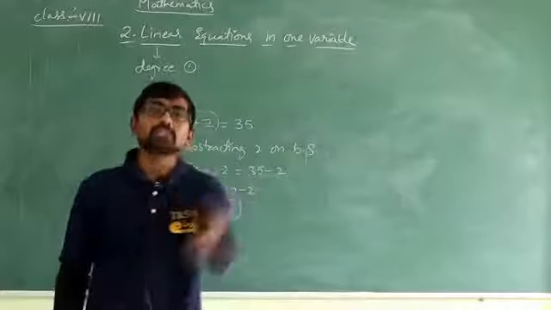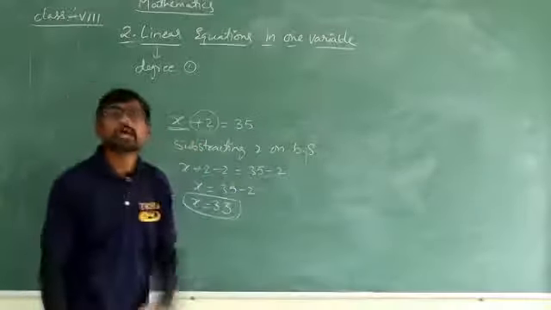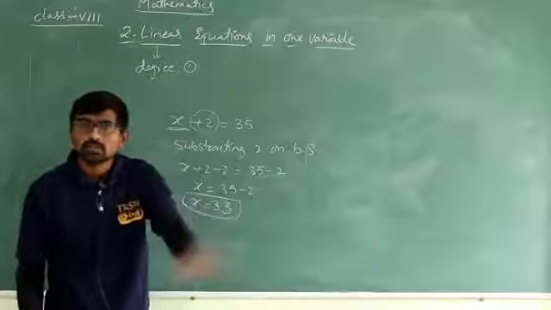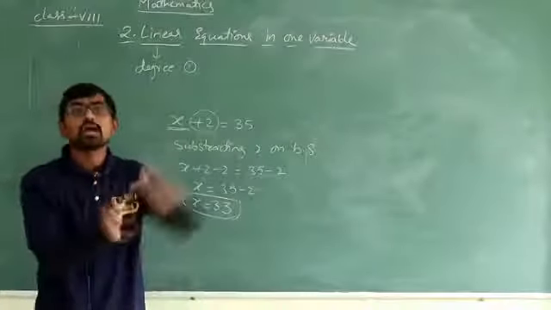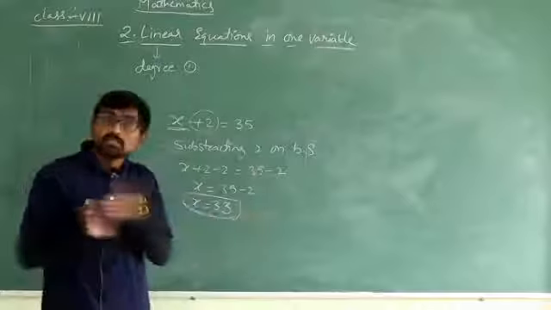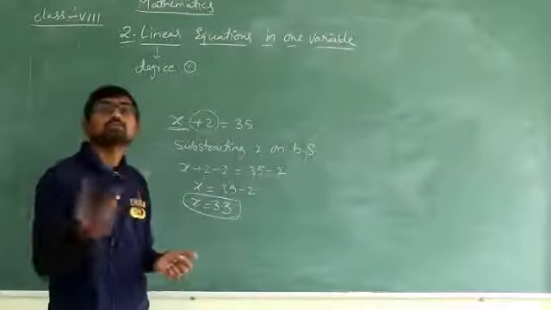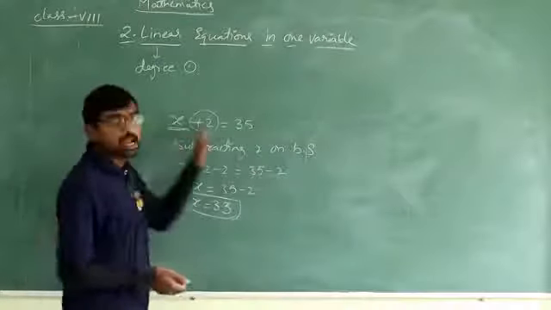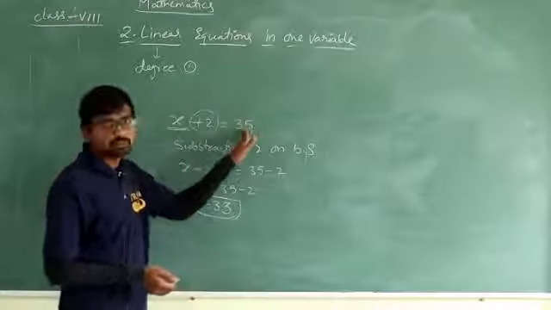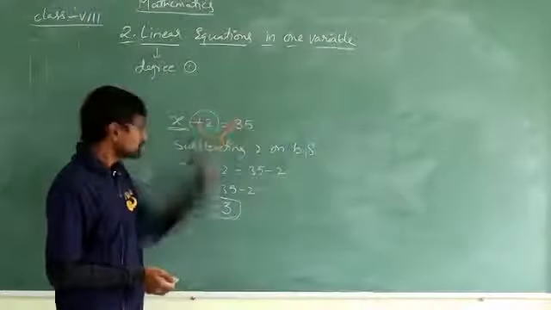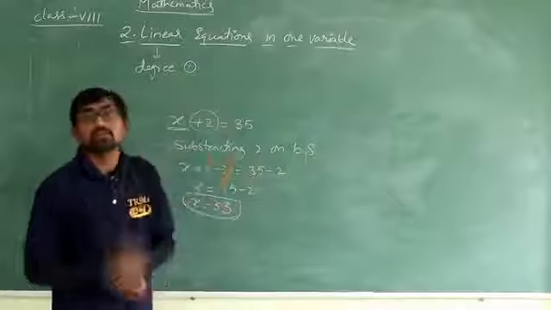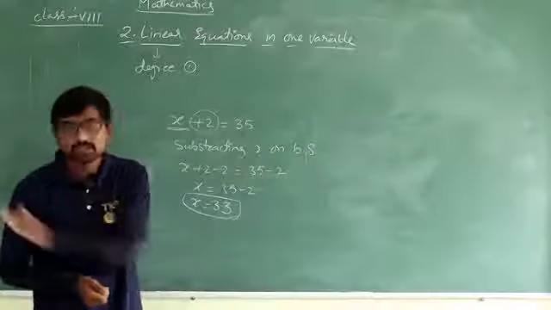This is the actual number I told you. Now if I change the question: take the number 33, add 2, how much will you get? I take 33, add 2, and get 35. Instead of the direct question, I asked you indirectly: take a number, add 2 so that you get the answer 35. You have solved such expressions in your past classes.